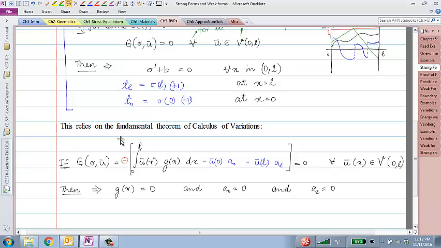Right. So basically, it says that if I have a function f, then the integral of the derivative of that function is just the function value at b minus the function value at a. That was the fundamental theorem of calculus. This is the fundamental theorem of calculus of variations, and what this says is